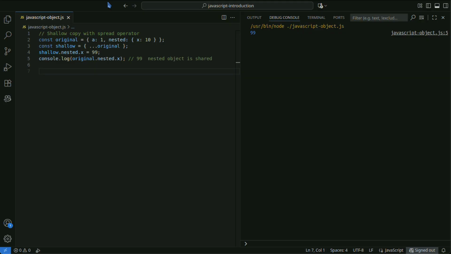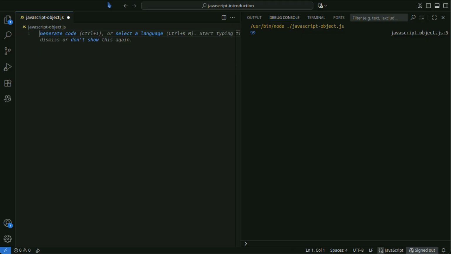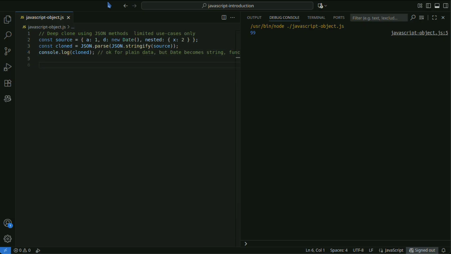Using the JSON trick is a quick way to create a deep copy, but it has drawbacks such as losing functions, dates, circular references, and undefined values. For true deep cloning, you need to use a dedicated library. JSON-based methods are convenient for quickly handling simple data, but in common cases, their behavior can break.